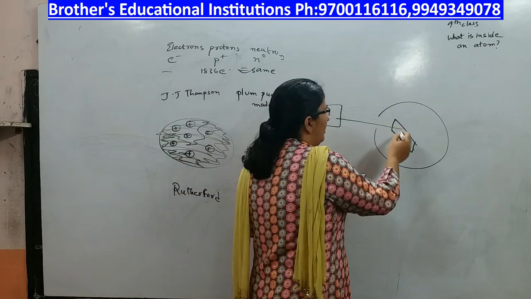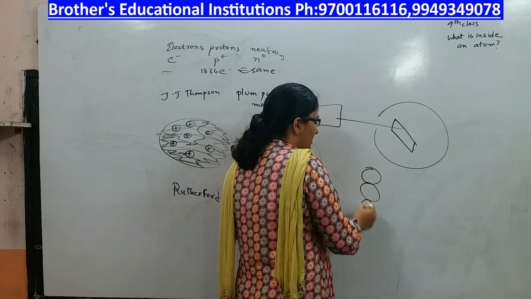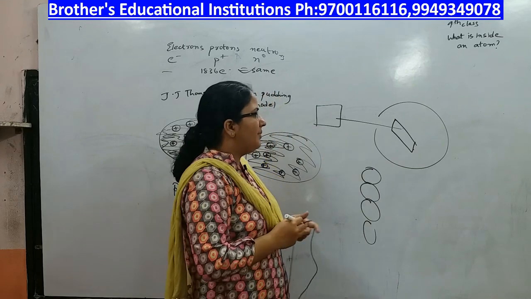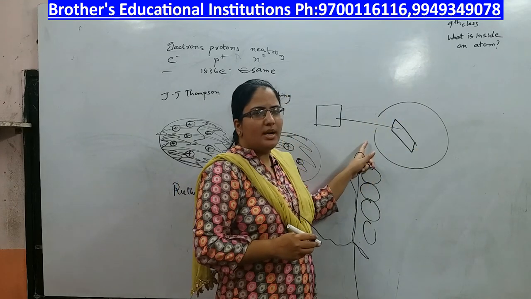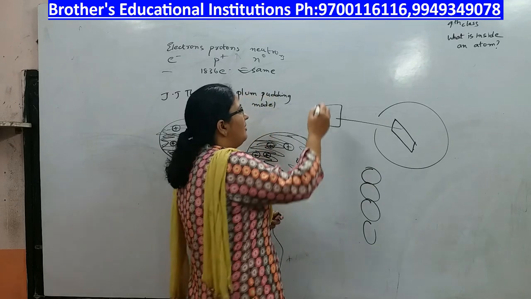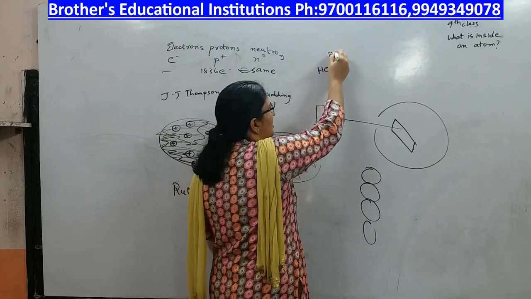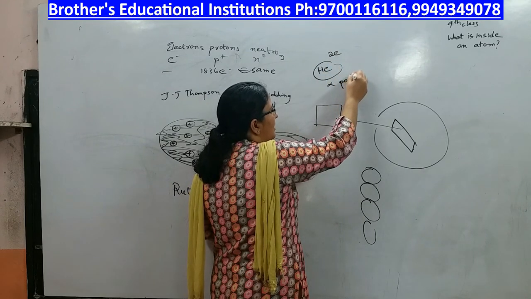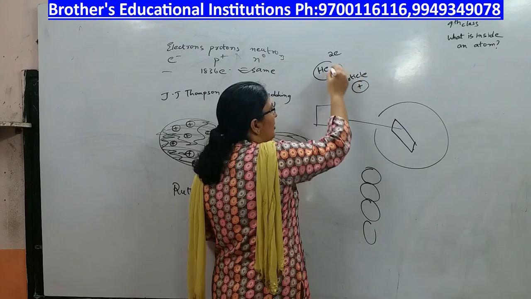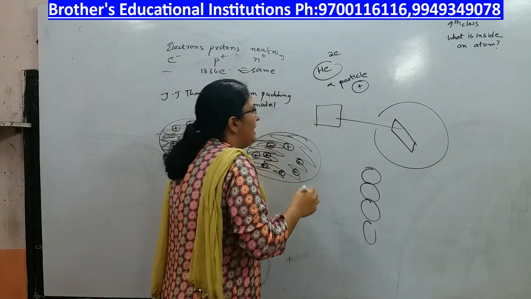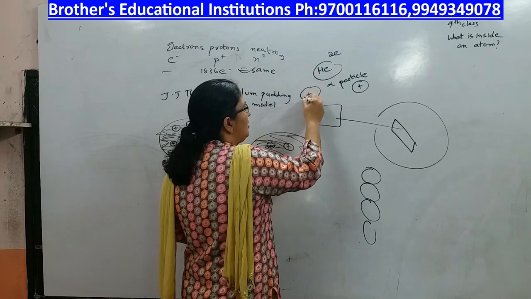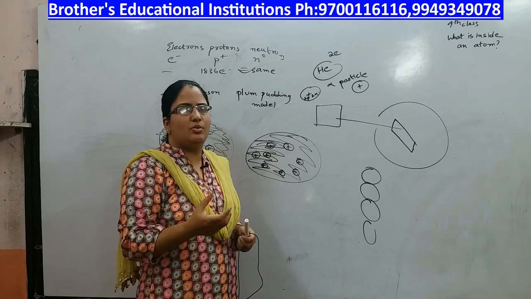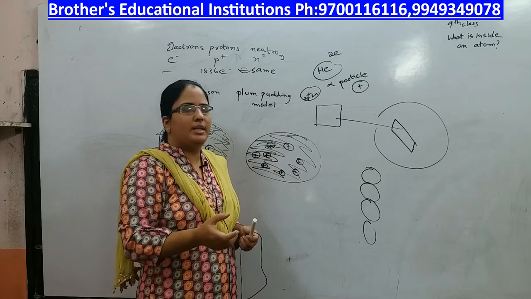Now, what Rutherford did is, he passed alpha rays through this gold foil and kept a detector outside it. What are these alpha rays? If from a helium atom you remove 2 electrons, what you get is an alpha particle. This alpha particle is a positively charged particle. Inside the nucleus you have 2 protons and 2 neutrons. So that is what an alpha particle is. It has only positive charge, 2 units of positive charge, and no negative charge.